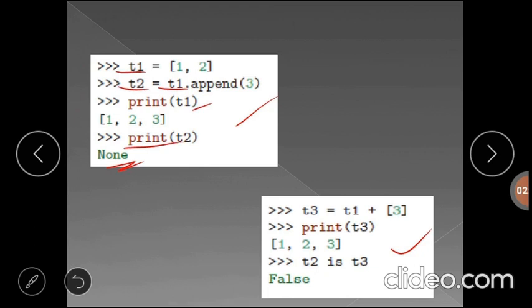Same way with the plus operator. We have the list T1 that has two values, 1 and 2, and we are concatenating element 3 to this list T1 and storing the result in another variable, T3. Now if you print the value of T3, you will get the output 1, 2, 3, and if you check whether T2 is equal to T3, it will return False. In this example T3 is a new list. After concatenating, it will create a new list,